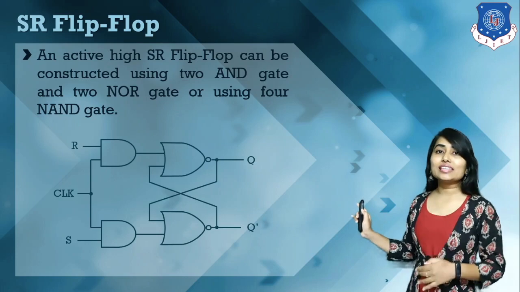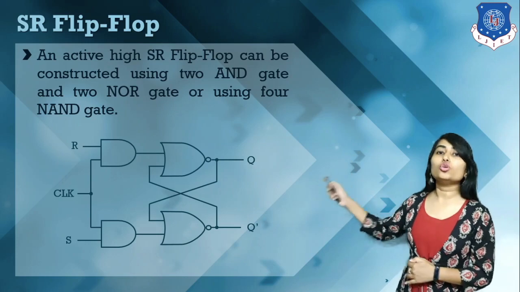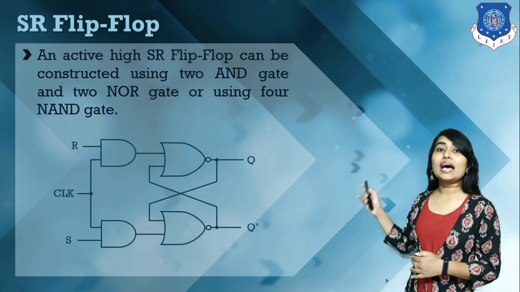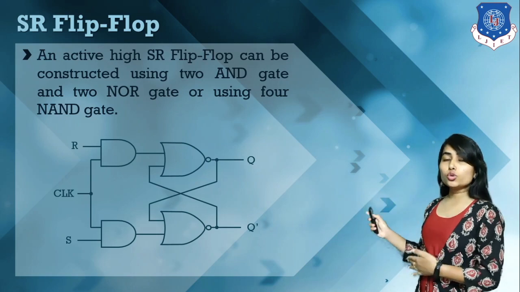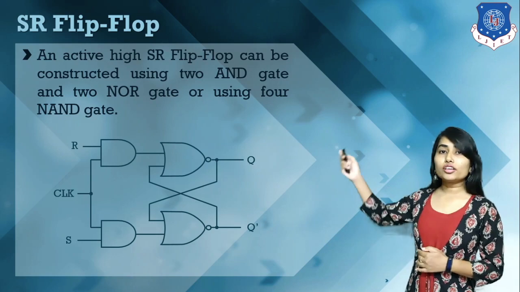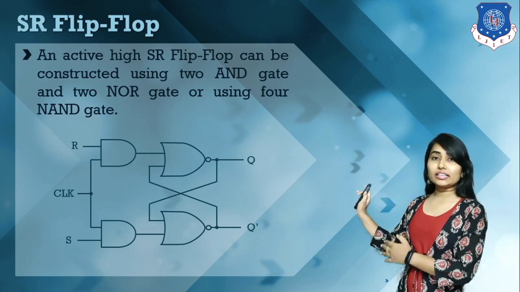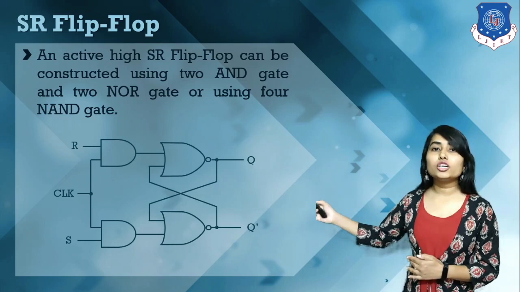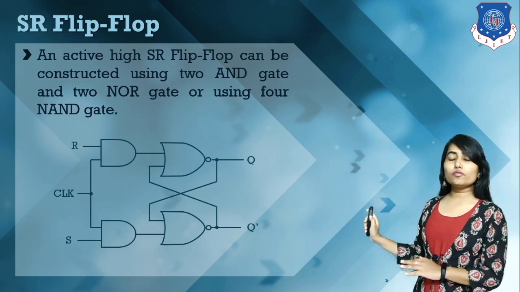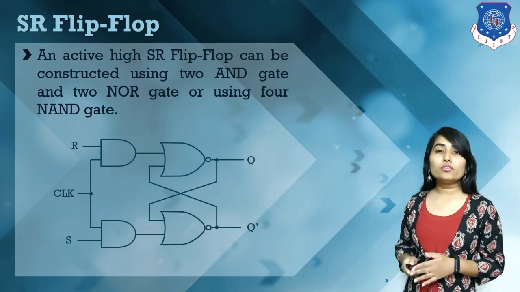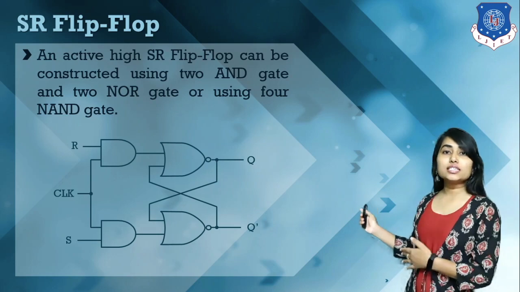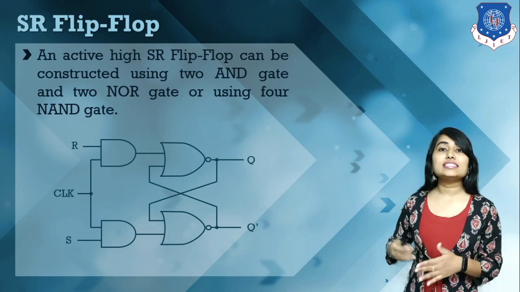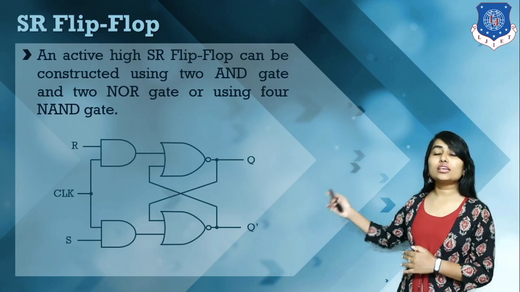Okay, so we can say that whenever clock is equal to 0, we have present output equal to next output, or we can say that we have past output equal to present output. For clock equal to 1, this is an active high SR flip-flop. That's why whenever clock is equal to 1, this works as a normal flip-flop, and according to that we have the characteristic of this circuit. This SR flip-flop works similarly to an SR latch whenever clock is equal to 1.